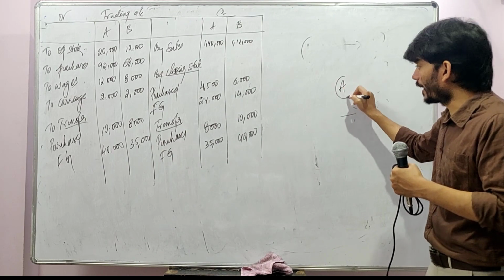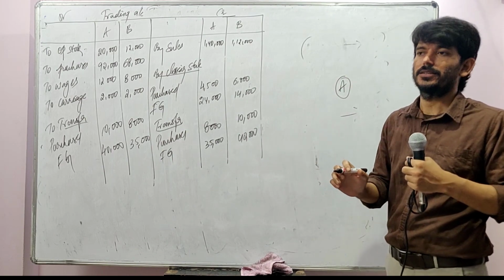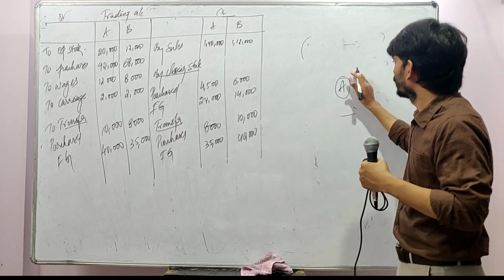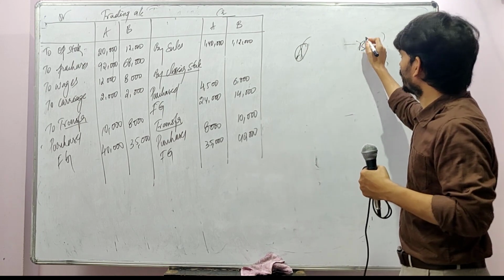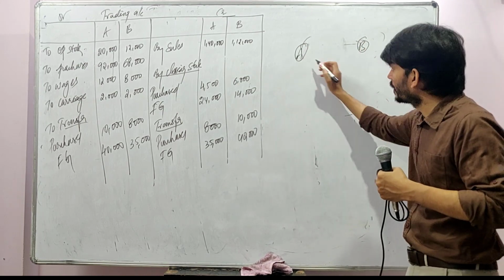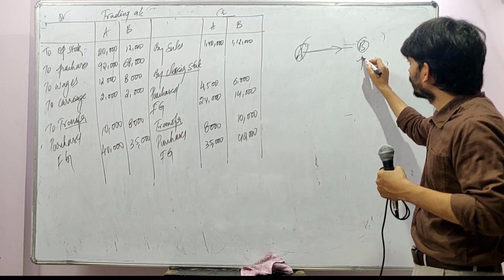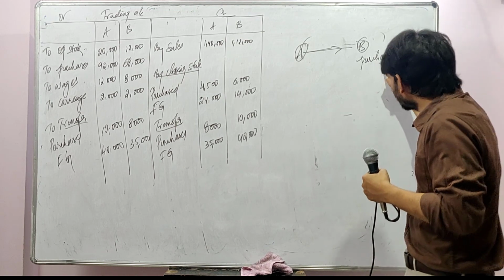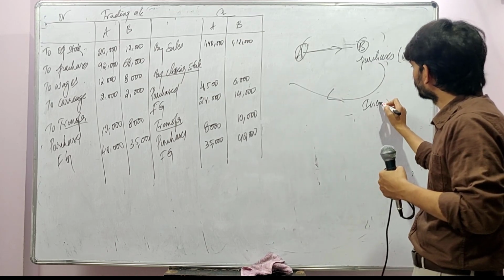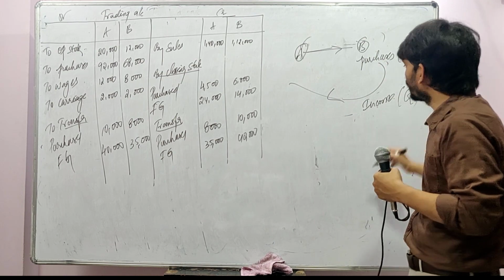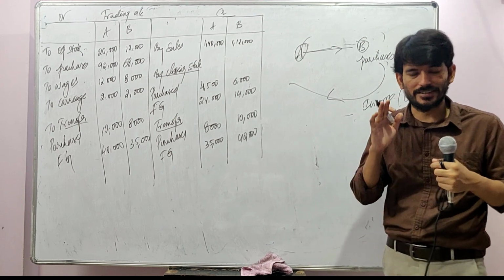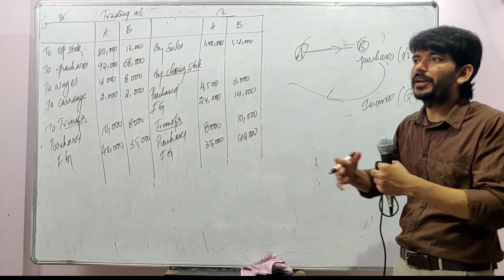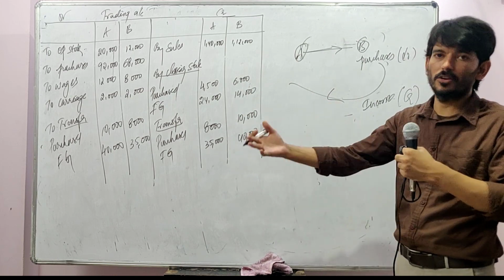Understand this. I'll repeat the point again and again only so that everybody who is listening understands and does not get a doubt when doing it on your own. There is A, there is B, so we will think from B's point of view only. When A is giving, for him it's a purchase, so we will debit. When he is returning it, it should be income. It's not a sale, but it's an income. It should be credited. It's a reduction of expenditure. It's not exactly income, but for our understanding, when we are purchasing, it's our expenditure, and when we are returning, it's an income. Reduction of expenditure, we call it income.